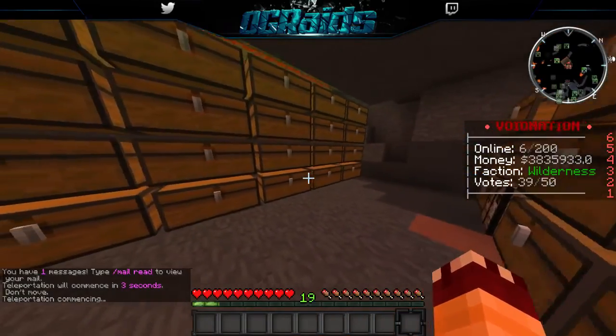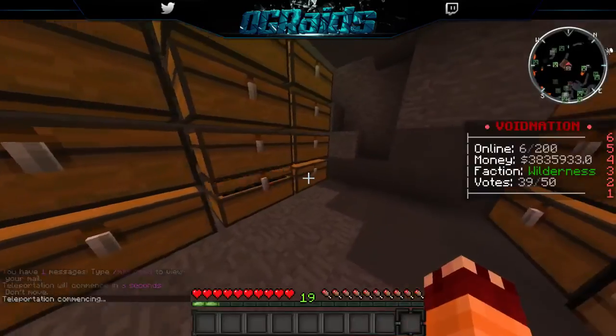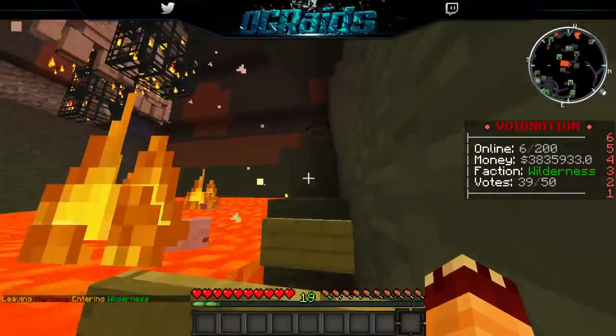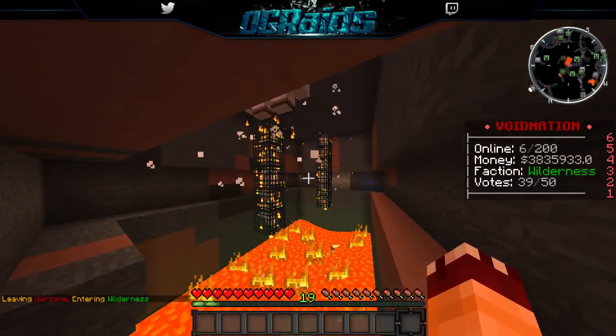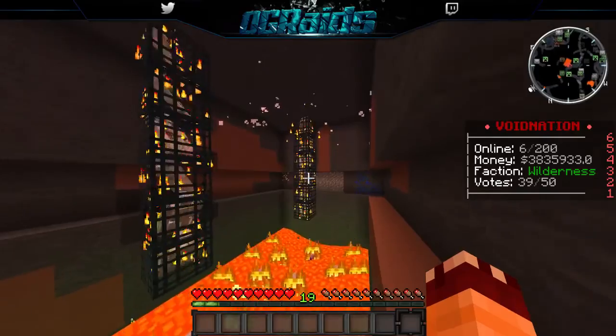I have 4 mil, and I have my alt here, LRQ, just AFKing, and it's collecting so much iron. I think it produces like a double chest of iron per 10 minutes, so it's pretty nice. And there's the IGs. This is gonna get a lot bigger soon. I'm saving up to like 5 mil, and then I'm gonna start buying 8 more IGs